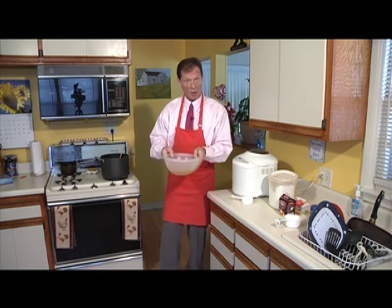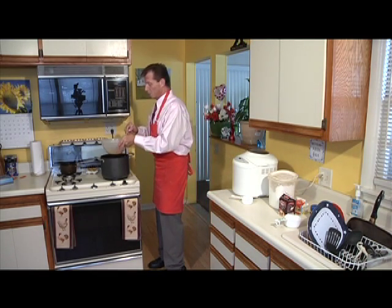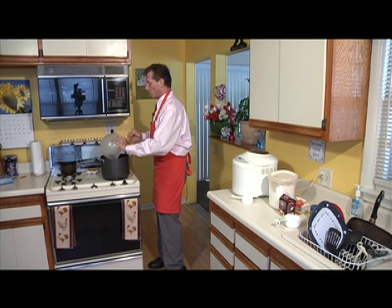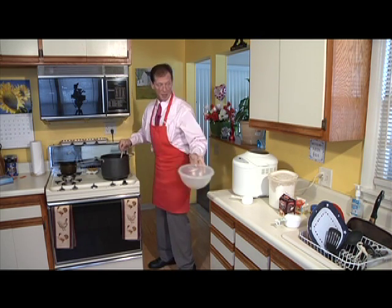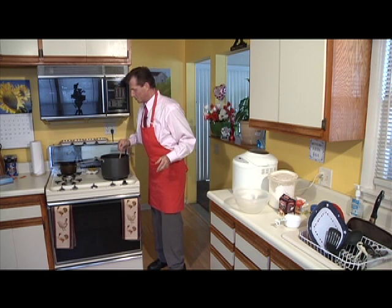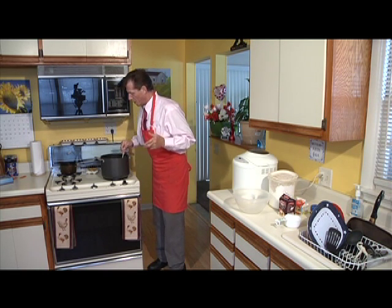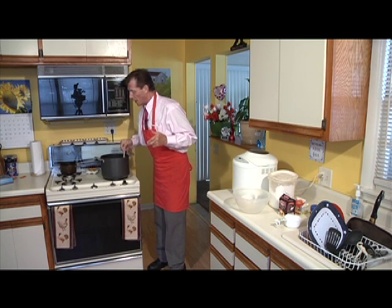And then I got my hot water with my bouillon base. And we just pour all that right in. And then we mix this up, and this will thicken up. We want to bring this back to a boil. And this will thicken up, and we can thin this out with more water because we have all that base